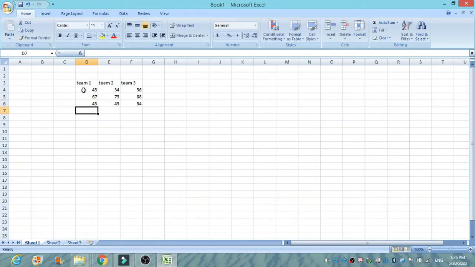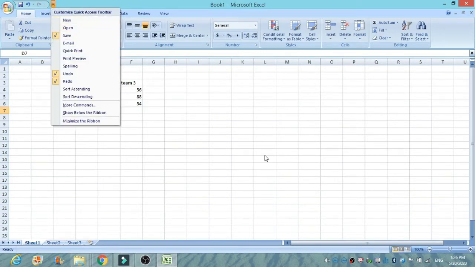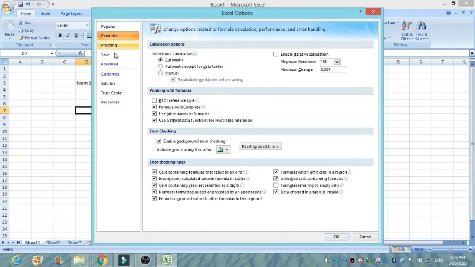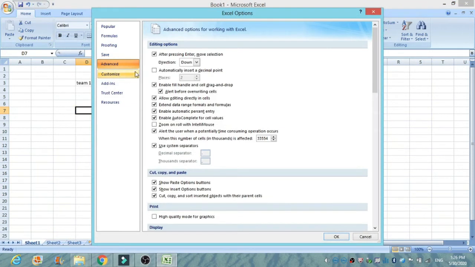Okay, so when you have made your table, to do this automatically, just go to the bar, you can see over here, it's an arrow. Click on there. Go to more commands. Yeah, so you can see something like this. These are popular formulas, proofing, save, advanced. You have to go to